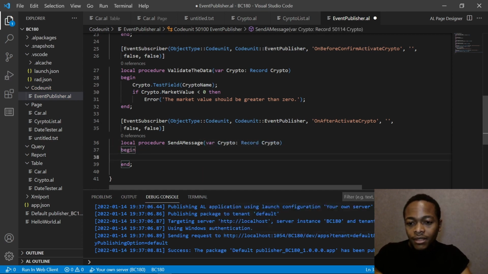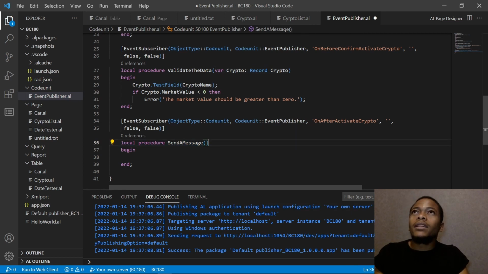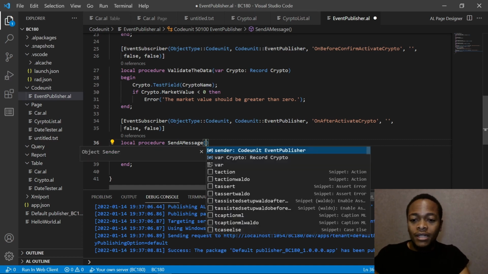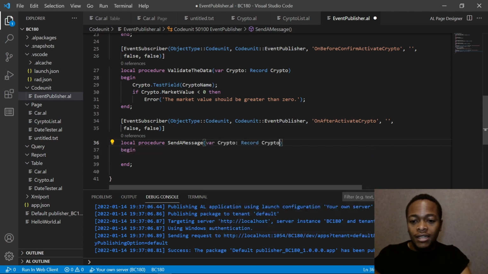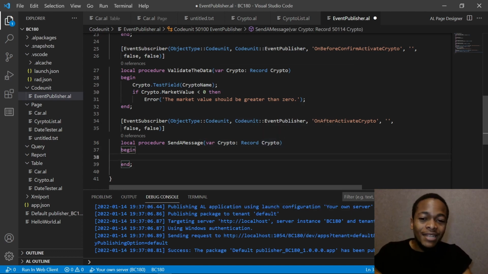I've done control space. Control space is if you want to generate IntelliSense for this. Maybe you are subscribing to an event and you're not sure about all the parameters that are needed. You just do control space and it will suggest for you. Like here it has done. The sender, it shows me the sender, and now the parameters that are available for subscribing. So I'll just send a message, crypto active